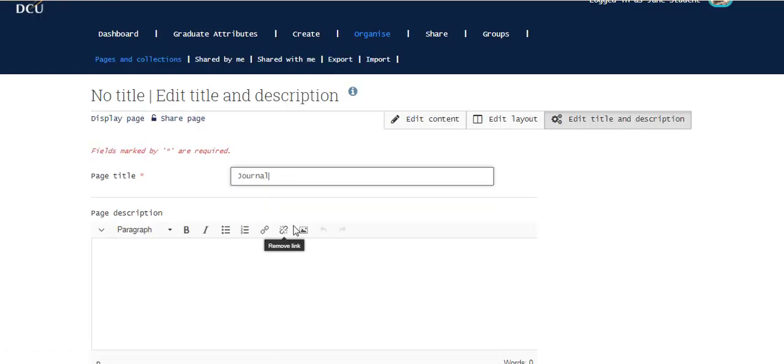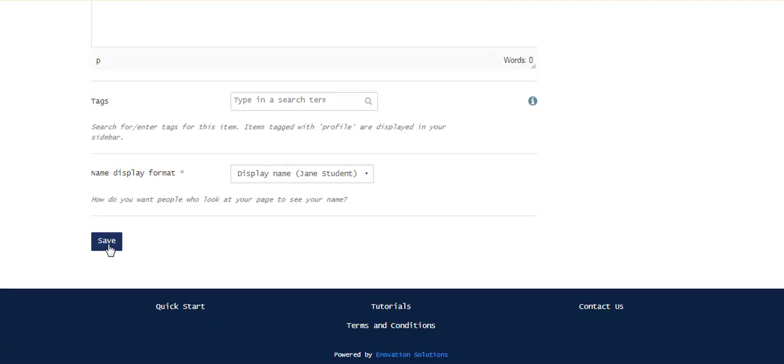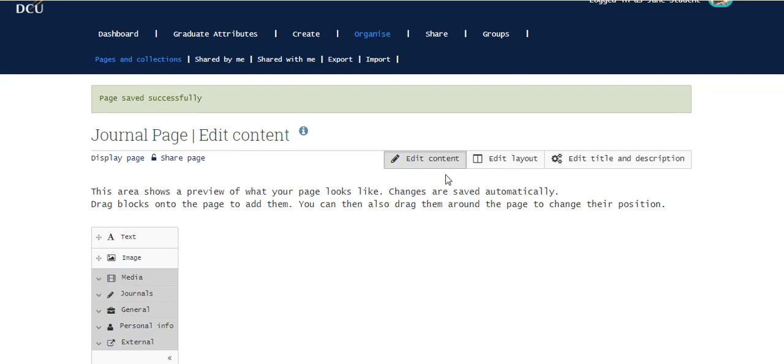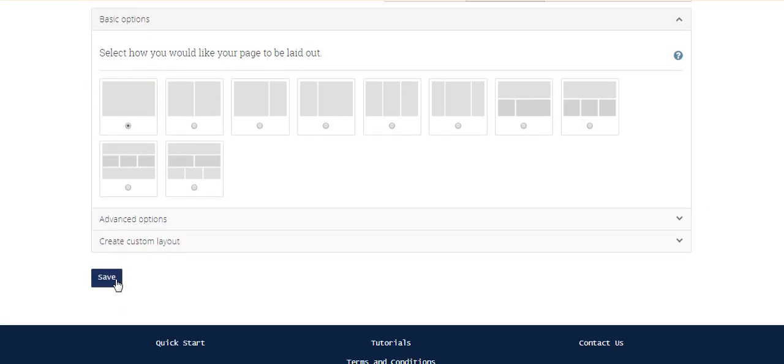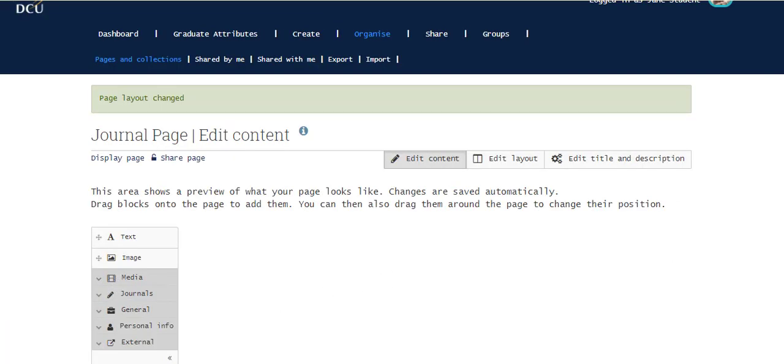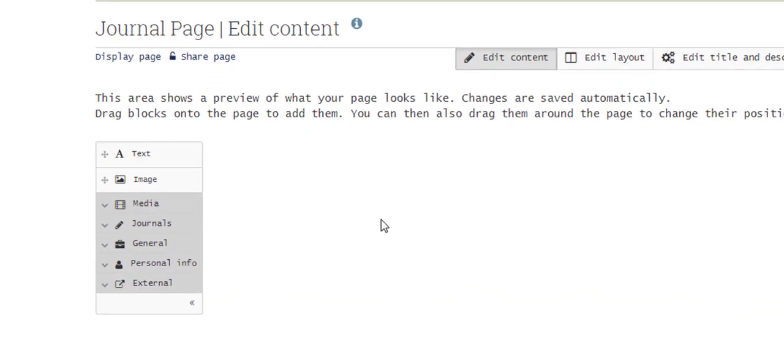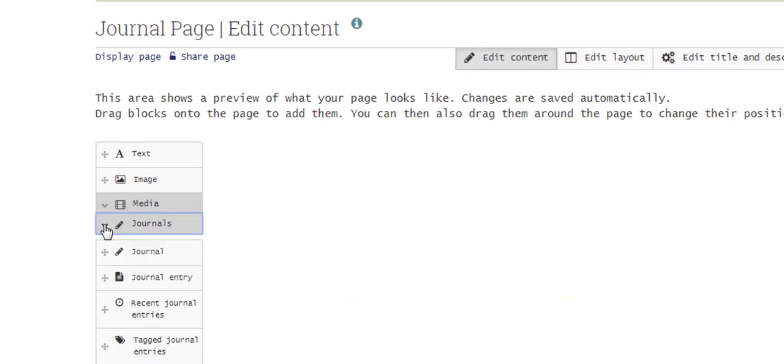Call it the journal page and save that. Once it's saved, I'm going to change the layout so it's just one large area, and then I'm going to add in the diary entries. So if I go to journals, I can add in a complete journal or perhaps just a single entry. I'm going to add in the entire journal,